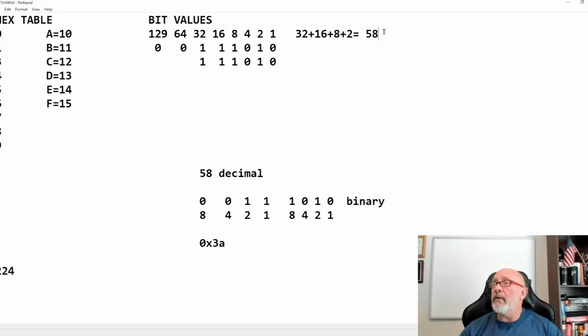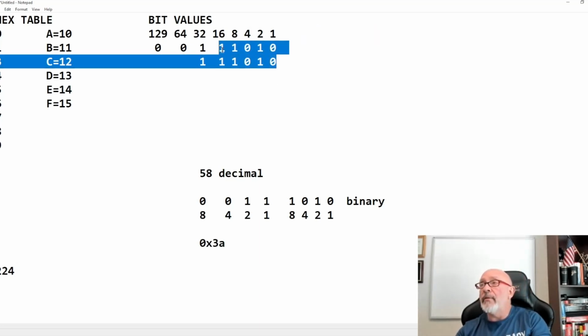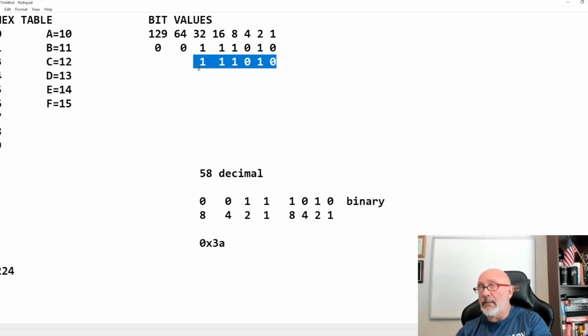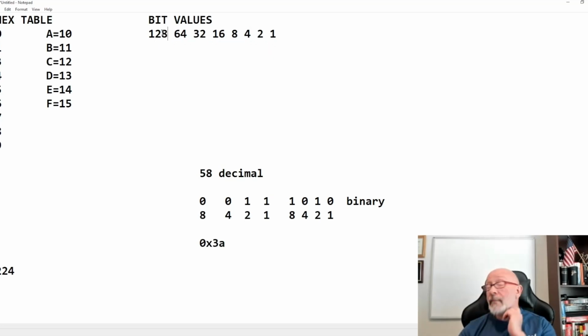So let's get rid of this right here. And let's get rid of this right here. Ooh, that was messed up big time. And that's not 129, by the way. It's 128. So yes, I do typos, everyone. Okay, I do typos. I'm human. All right, so 224. I know that 224 is, all right, if you add these three right here, that's 224. Okay, so that's the binary to 224. That's my decimal, 224 right here.